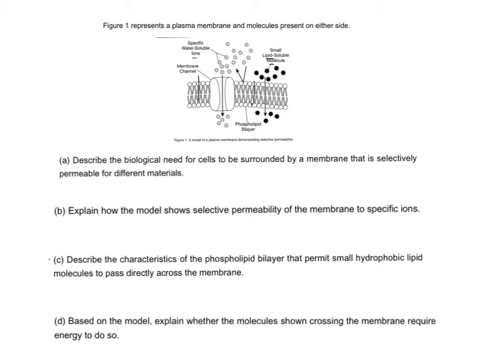So question A said to describe the biological need for cells to be surrounded by a membrane that is selectively permeable for different materials. So first, selectively permeable, again, it means that it allows some substances to move across and other substances to not. And that can either be due to the properties of the molecule or if there is a channel for a particular substance or not. The biological need is, there's a couple of different things you could say here, but probably the most important is